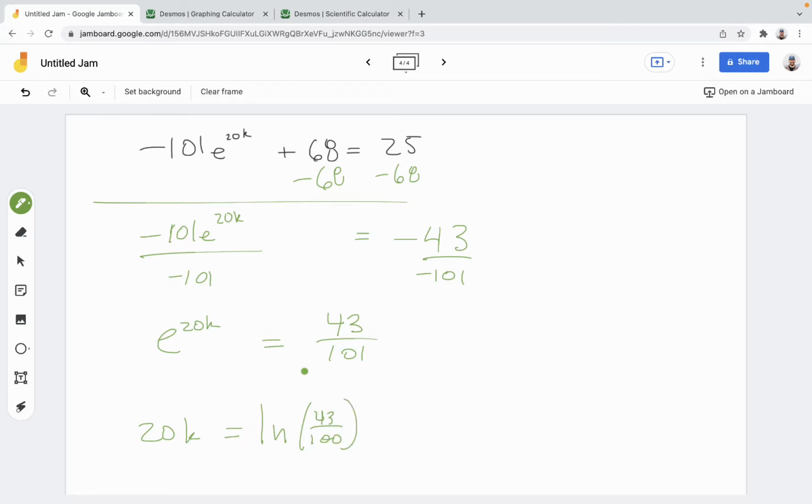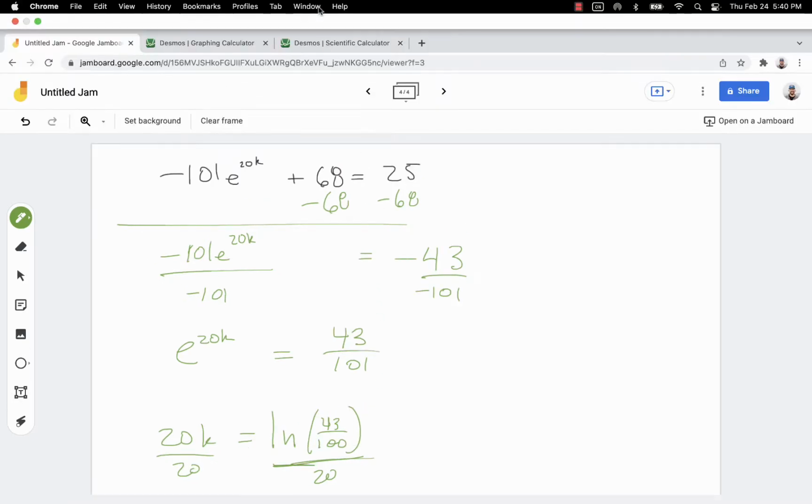So the definition of the natural log is an inverse of e, so it's going to swap the inputs and outputs around. Now dividing by 20, I've got my k. Make sure that you're dividing outside of the natural log, or you're dividing the result. So my k value